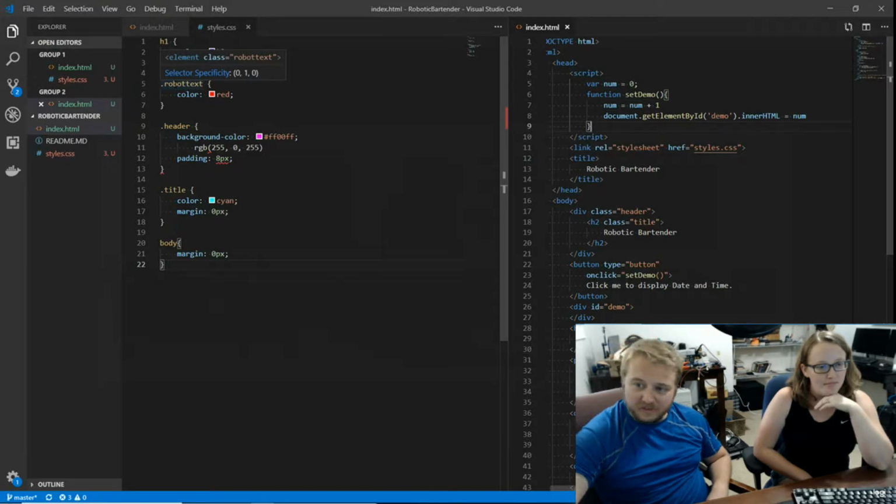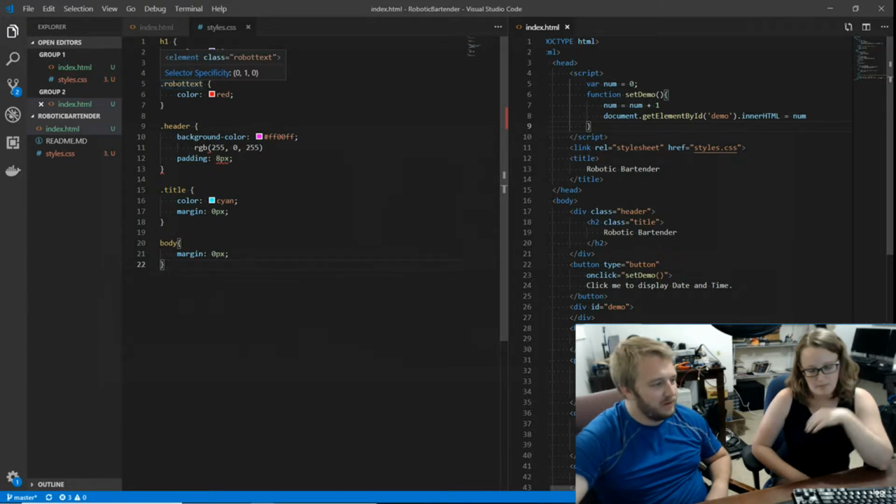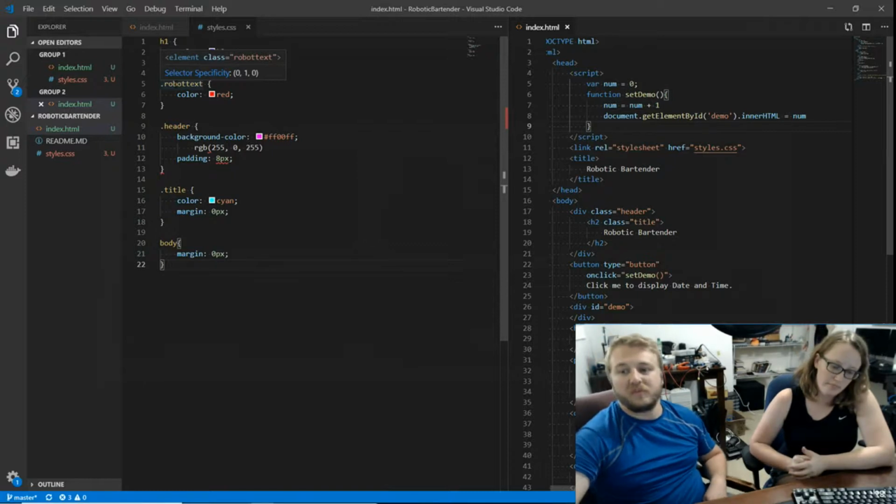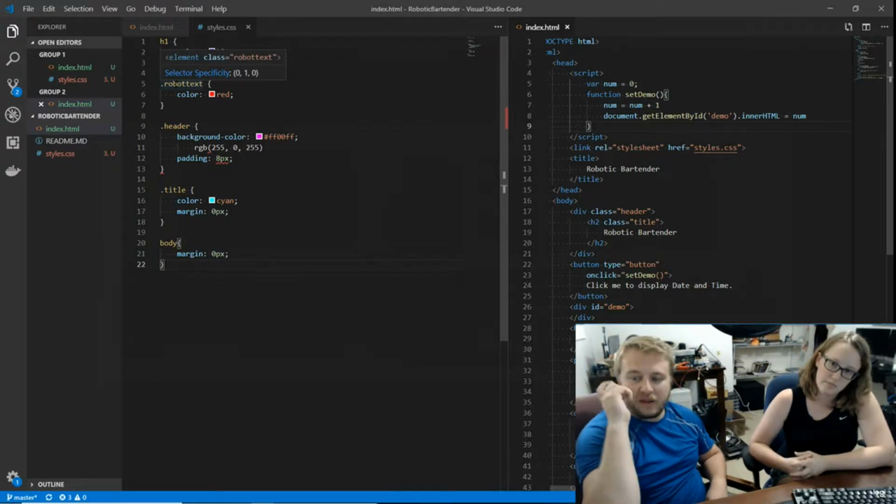So one of the things that we can do is JavaScript has a very fancy set of functions called setInterval and setTimeout. These are not something that we're probably going to get into too hard because they still work fine and dandy, but there's usually better ways to do what you want. Okay, so add a new line